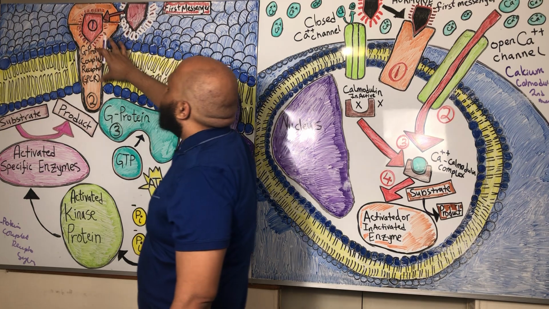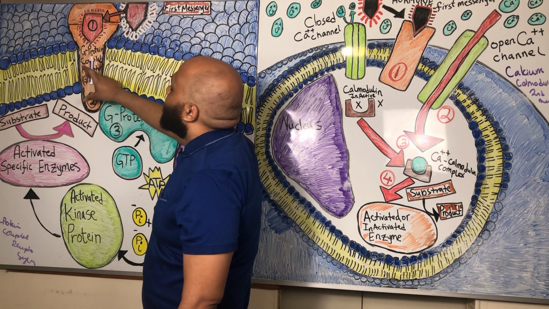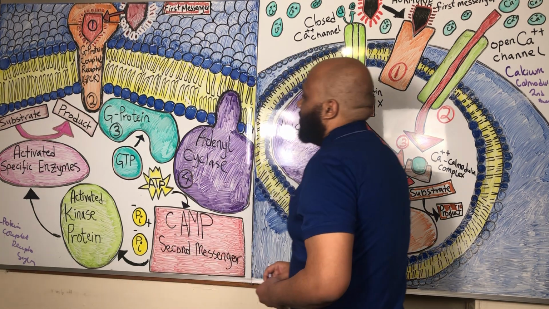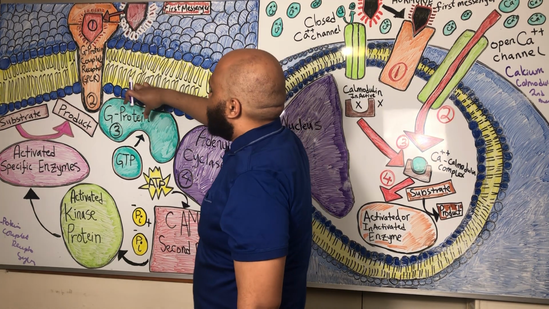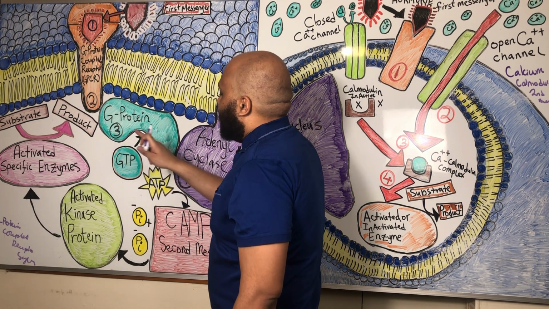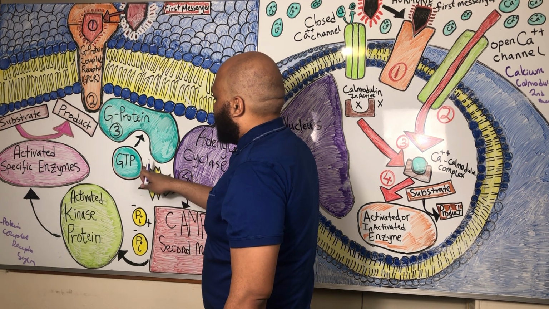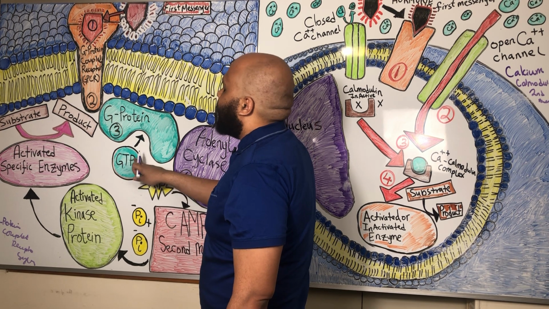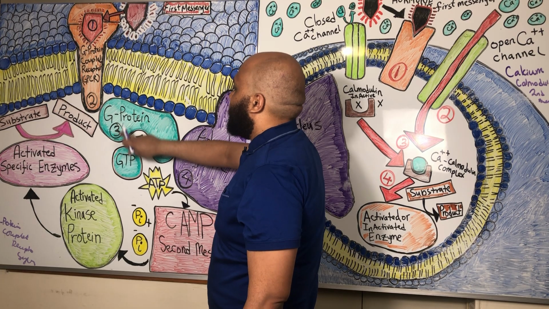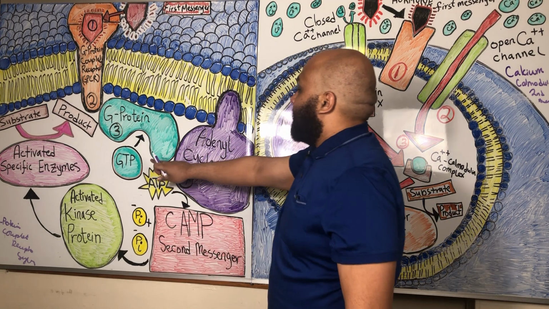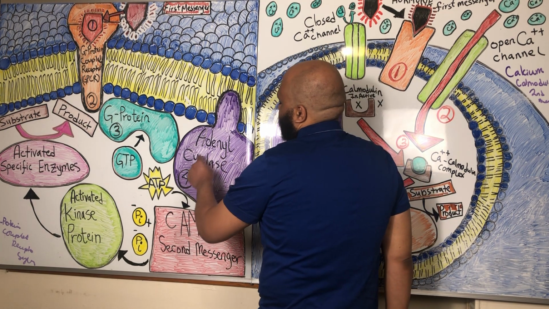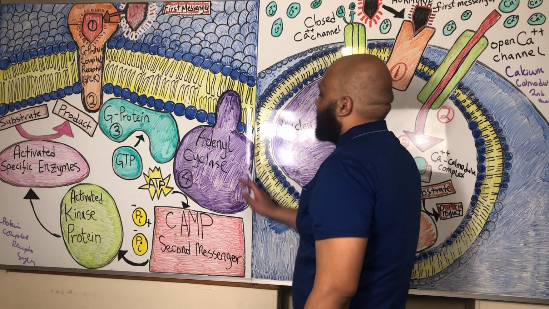Then the receptor on the target cell in the second step will undergo a conformational change, and that conformational change will lead to this G protein that is coupled to the receptor to bind GTP, guanine triphosphate. That is the third step. The third step is the binding of GTP to the G protein. The GTP binding to G protein will lead to the activation of a very important enzyme known as